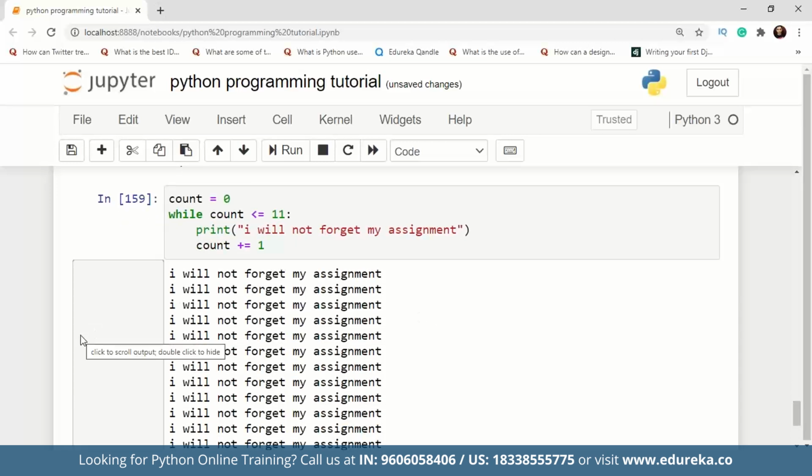The only difference between a for loop and a while loop is, in the while loop you have to give the statement, and the loop will run on until the statement becomes false. So you have to keep in mind that you are actually incrementing the value, or providing some sort of closure to the loop, so that the condition will become false eventually. Otherwise the loop will run on forever. And for the for loop, we already know how many executions will happen. So that is the main difference between while and for loop.